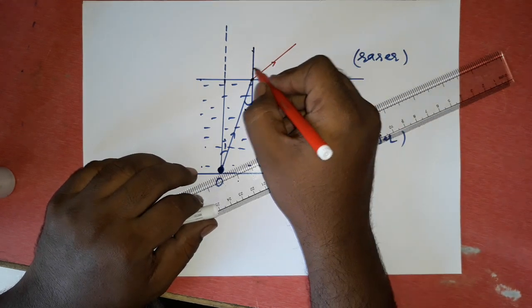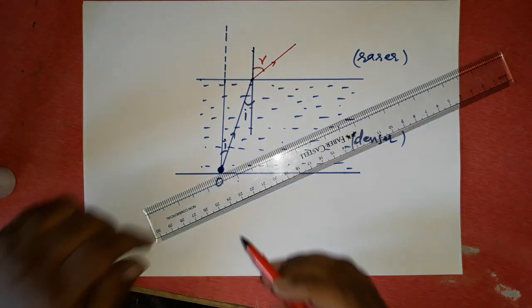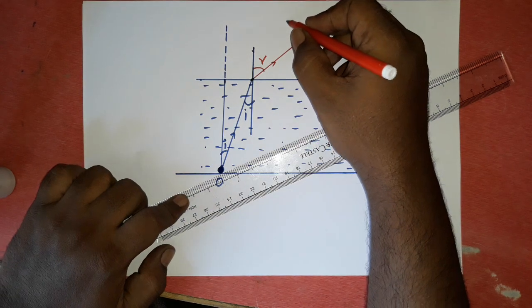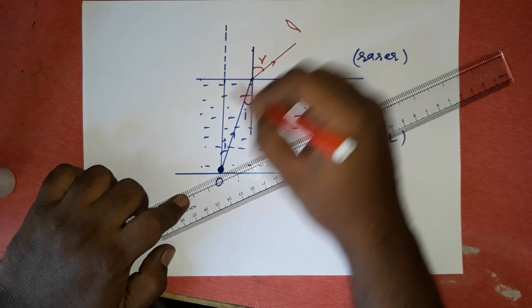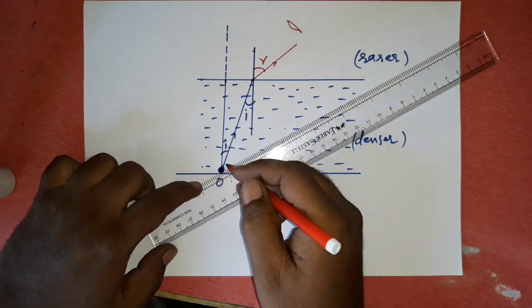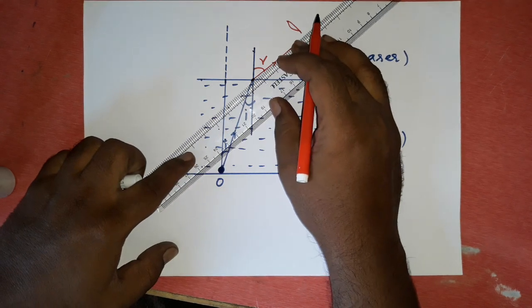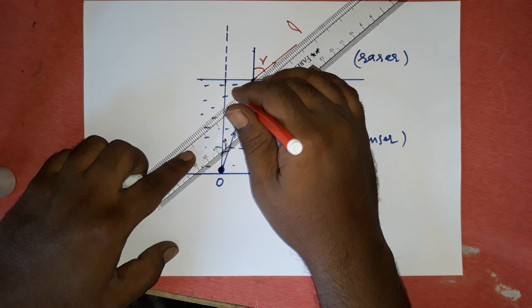Like this. This is the angle of refraction. Okay. Now, if any observer is observing from the top, these rays of light are reaching him in this direction. Suppose he observes this object, he will be observing in this direction.